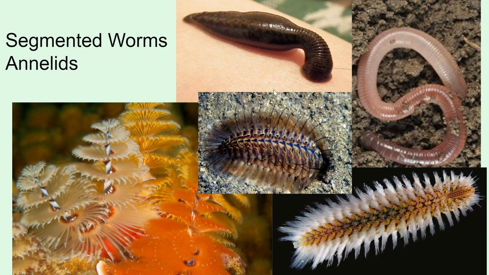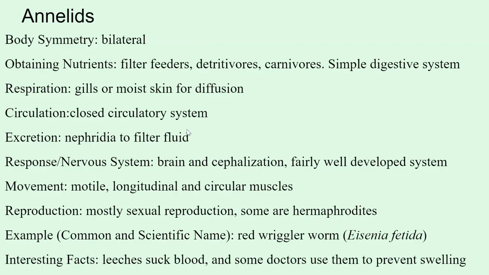And then also there are many different marine segmented worms. You can see them there. They're able to swim, and they are really kind of beautiful segmented worms. Of all the segmented worms, I think these are the coolest looking. So annelids or segmented worms have bilateral symmetry. They can be filter feeders, detritivores, or carnivores,